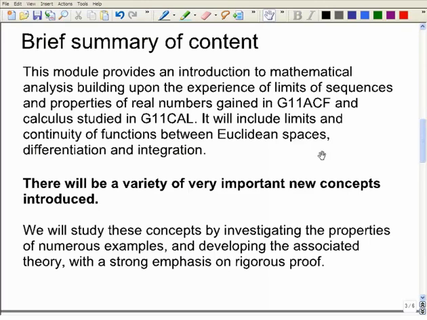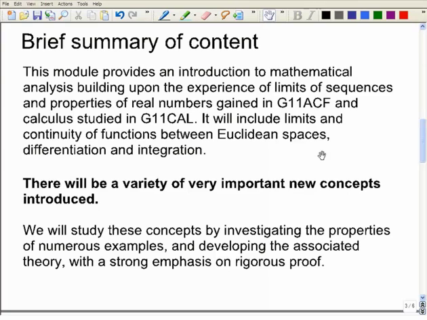So last year, as I said, you did learn quite a lot about proof in analytical and computational foundations. In calculus, perhaps more of it was here's what is true, and less of it was probably here's proofs of why it's true. Though I think that there are some proofs in calculus. I don't know how many of those proofs you were asked to learn for the exam. And again, I don't know how seriously you will have regarded the proof element of calculus from last year. It's very different in this year.